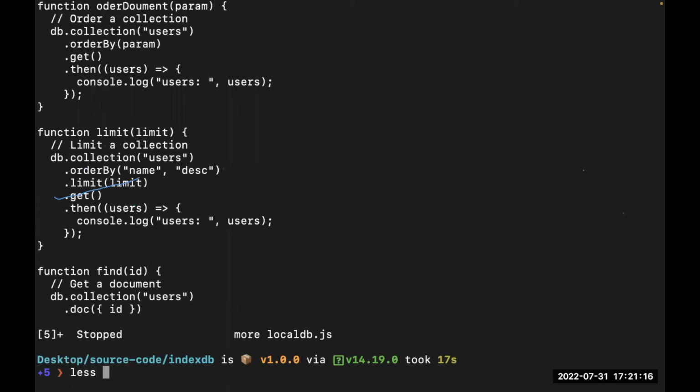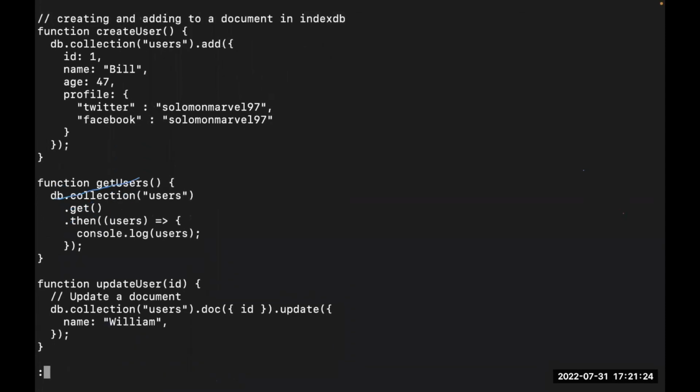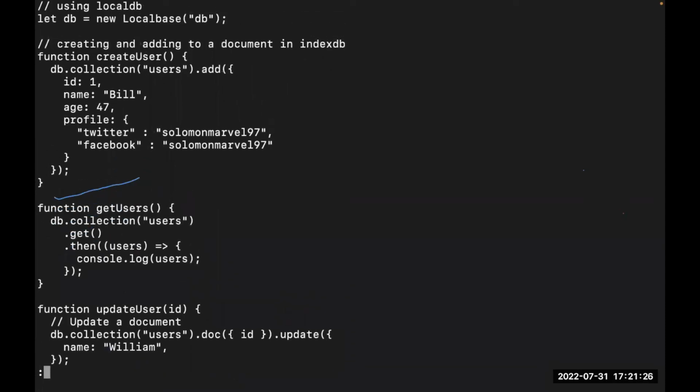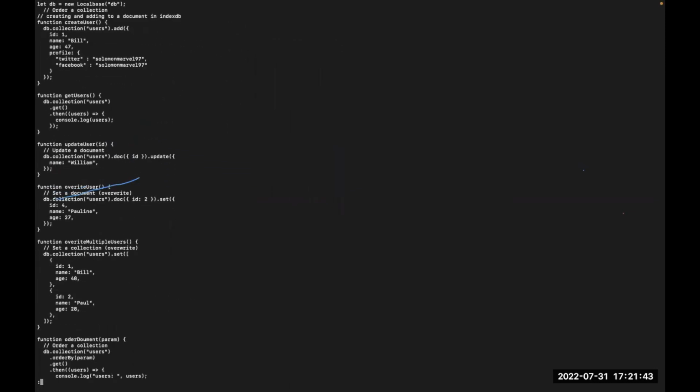So we can say less localdb.js. Obviously very similar. I think the major difference here is this would show the contents on that screen one at a time, and for the more command, you are actually, so I think I would have to probably take this down a little bit so I can explain this better.